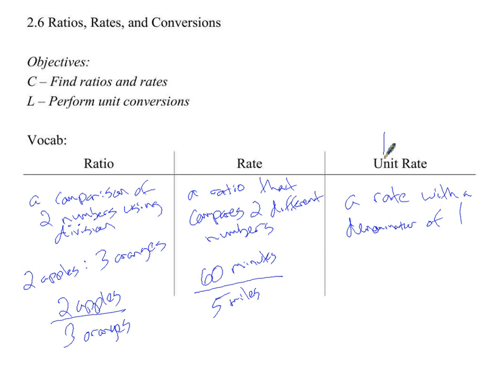Anytime you see the word unit, a unit rate, a unit in different classes, unit vector, unit circle, things like that, the word unit means 1, okay? So we have a denominator of 1 here, a rate with a denominator of 1. An example would be miles per hour. That's how many miles do you go in 1 hour? Another one would be miles